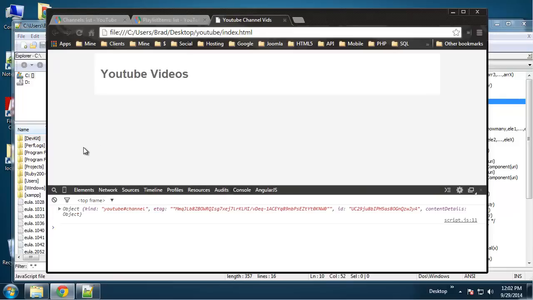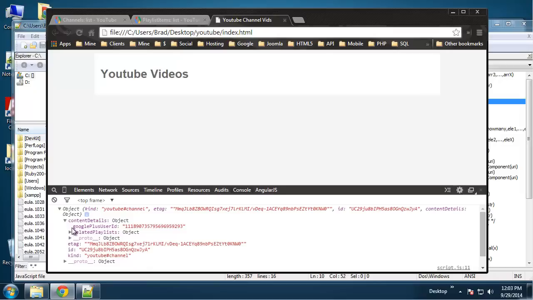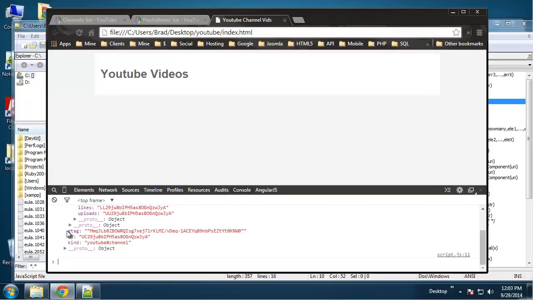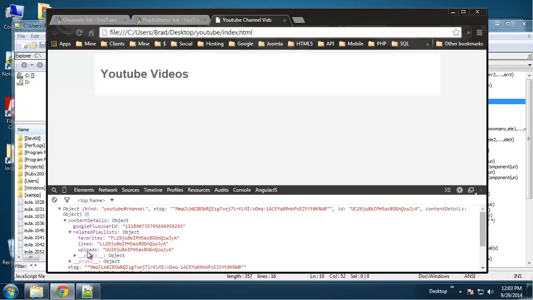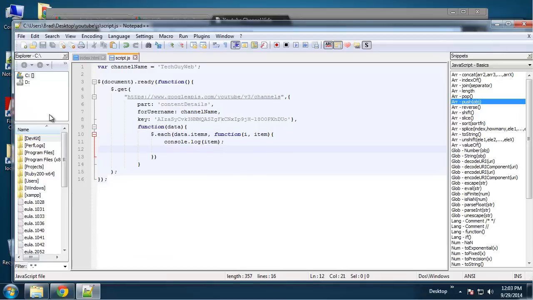Alright, so down here we're logging the content details. So if I open this up, content details, it gives us the Google Plus user ID. We want to look under related playlists, and we have the favorites playlist, likes, and uploads. Okay, so what we want to do is grab this. Okay, not from here, we need to actually grab it in our script. Alright, and we can access these items through item dot